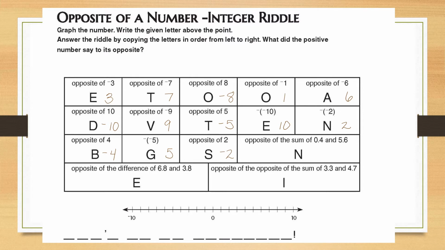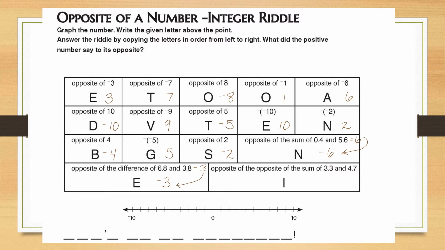The opposite of the sum of 4/10 and 5 6/10 is -6. 4/10 plus 5 6/10 equals 6, and the opposite of 6 is -6. The opposite of the difference of 6 8/10 and 3 8/10 is -3. When you find the difference of 6 8/10 and 3 8/10, you get 3, and the opposite of 3 is